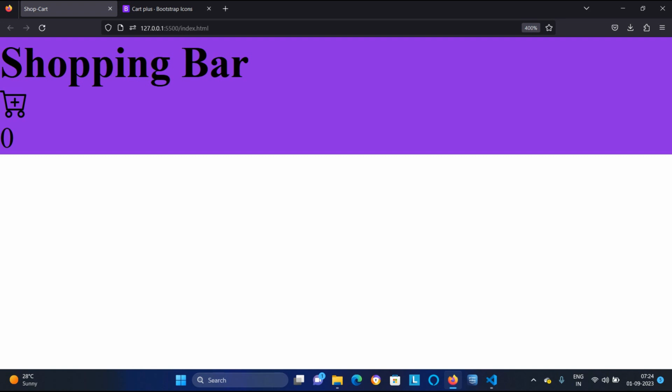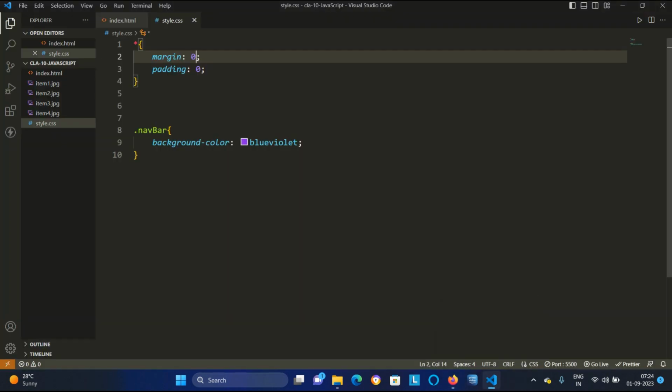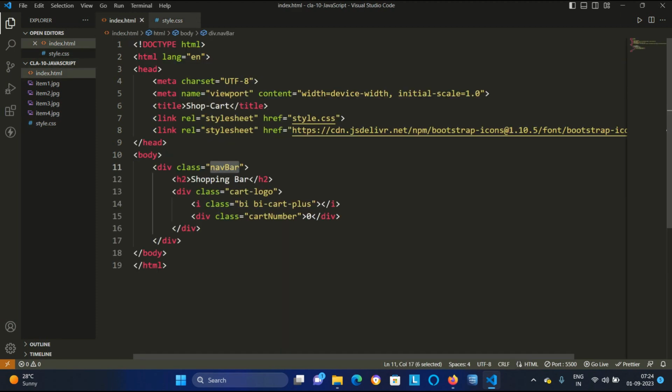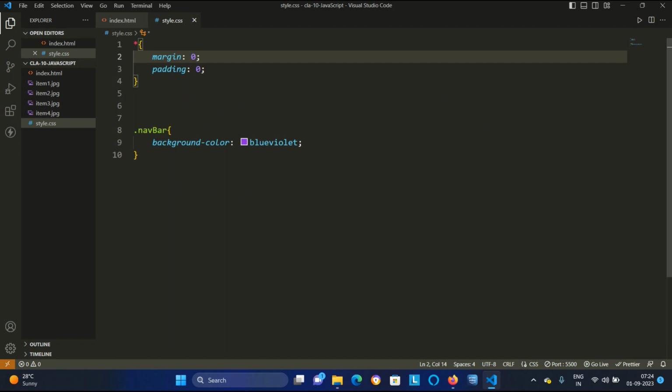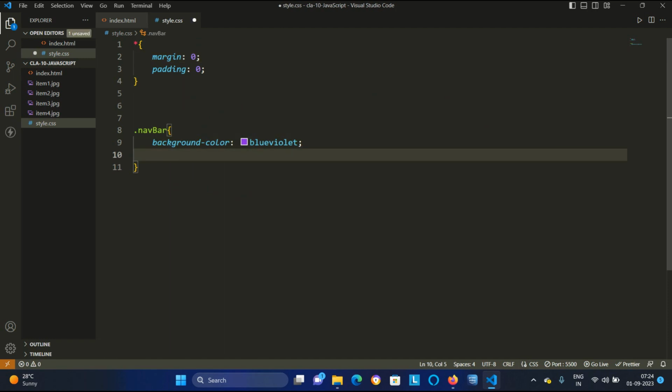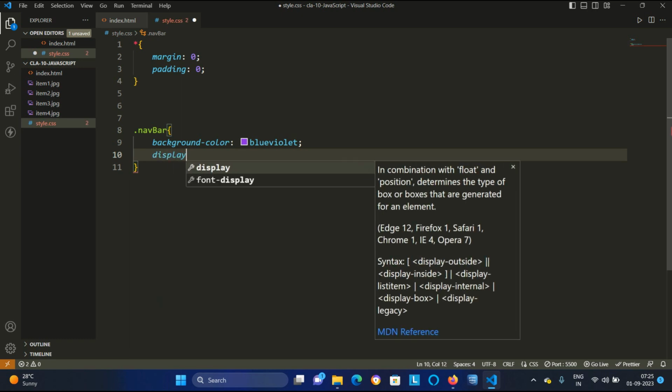If I want to make it in a row, what will I do? I will go to the HTML. Where are these three things? This heading, this logo, this number is inside my nav bar. So I have selected this nav bar in my style.css. I will apply a very magical property, please remember it: display flex.